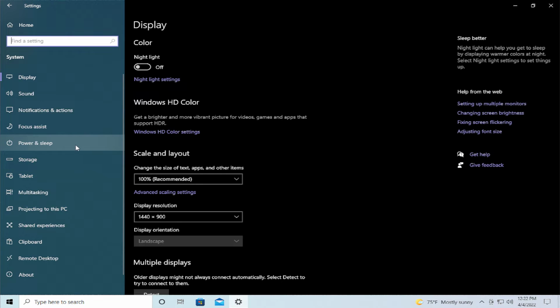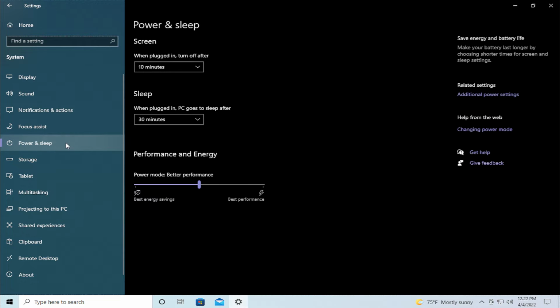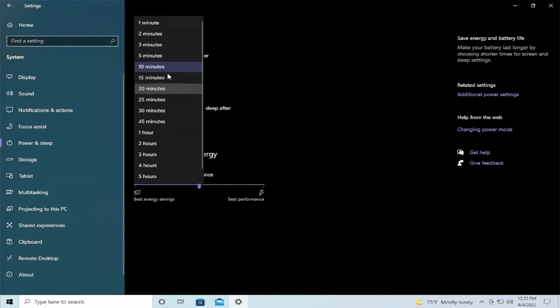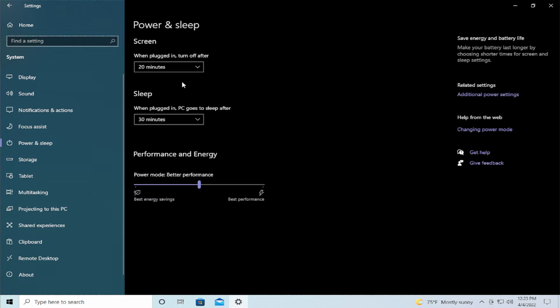On the left side, scroll down and select power and sleep, where you can change the frequency for when your screen turns off, logs out, powers off, or goes into hibernate mode. Under power and sleep, for screen when plugged in, turn off after, you can select any option, for example 20